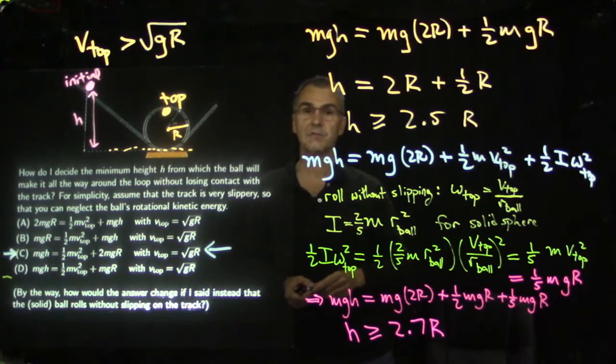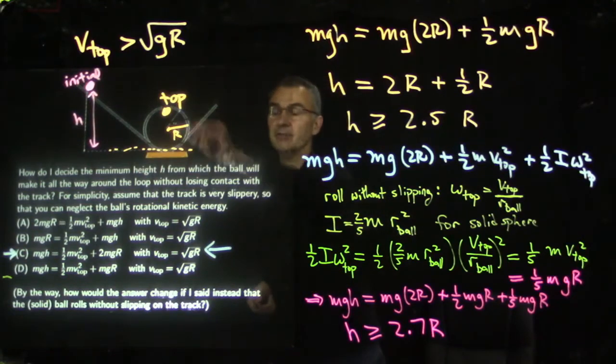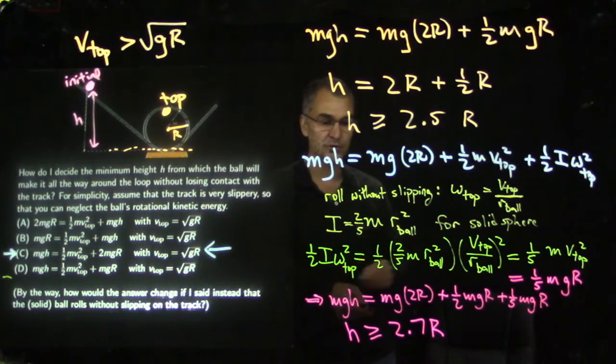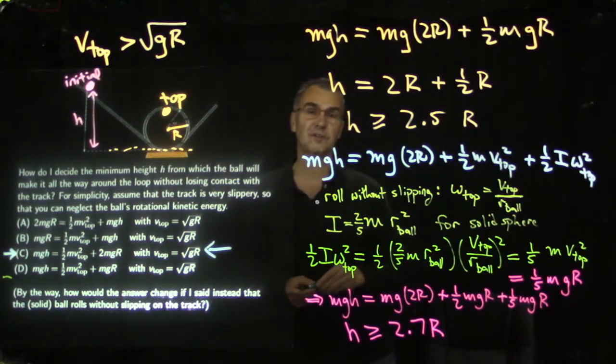This is using the conversion of potential energy into kinetic energy, and then it used our free body diagram for the motion at the very top of the circle, the very top of the loop, to figure out the minimum speed, which we figured out by imposing the constraint that the normal force had to be downward rather than upward. The additional step to go from 2.5 r to 2.7 r is pretty tricky, so that might be like extra